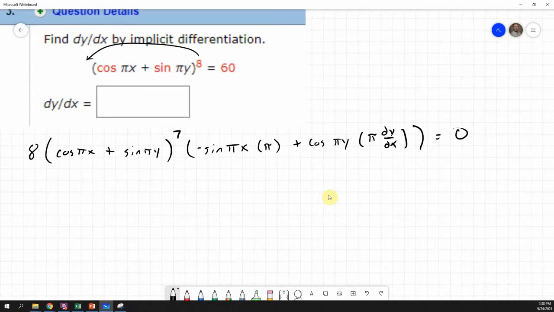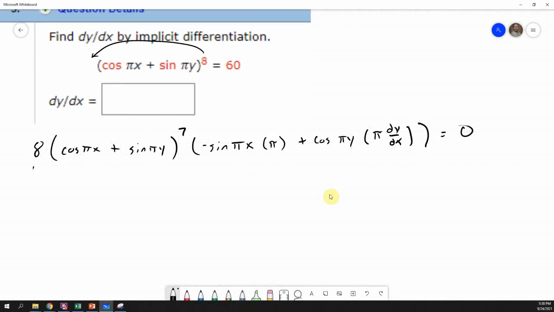In this problem, you'll notice you've got this is a factor, this is a factor, and this is a factor, but only one of them has the dy dx in it. So that's the only one I can use to solve. The principle of zero products tells us that one of these things has to be equal to 0 for this to be equal to 0. So we're going to set this up: negative pi, bring the pi out front, sine pi x, plus pi cosine pi y dy dx